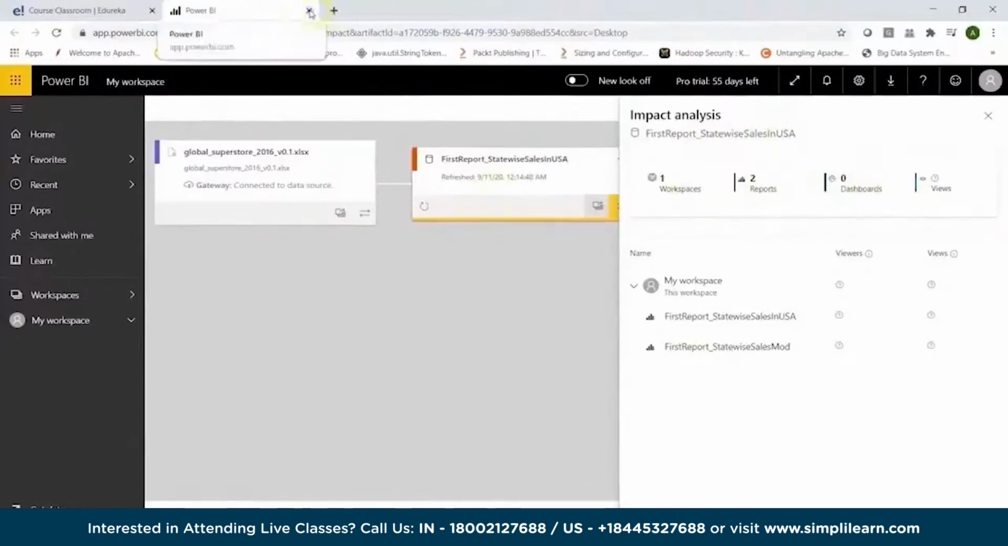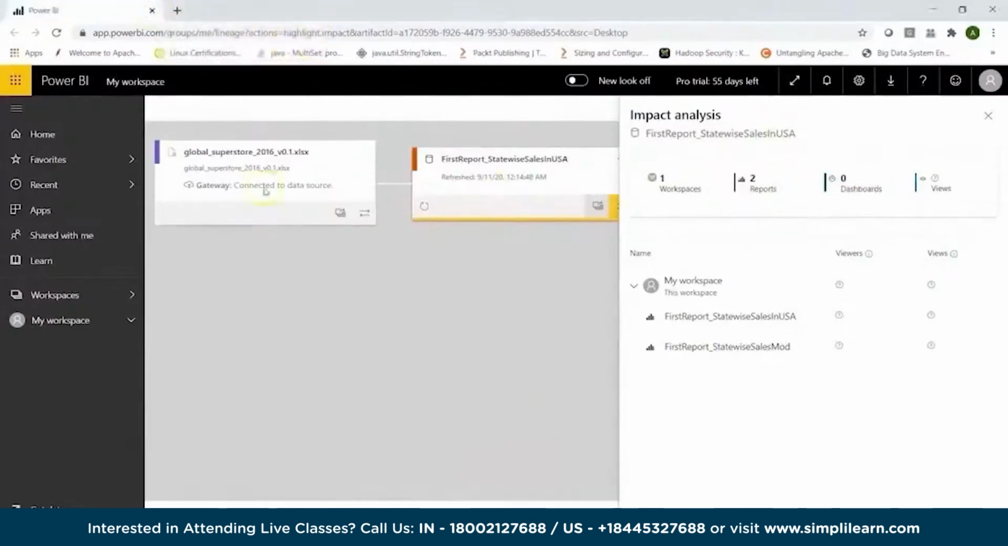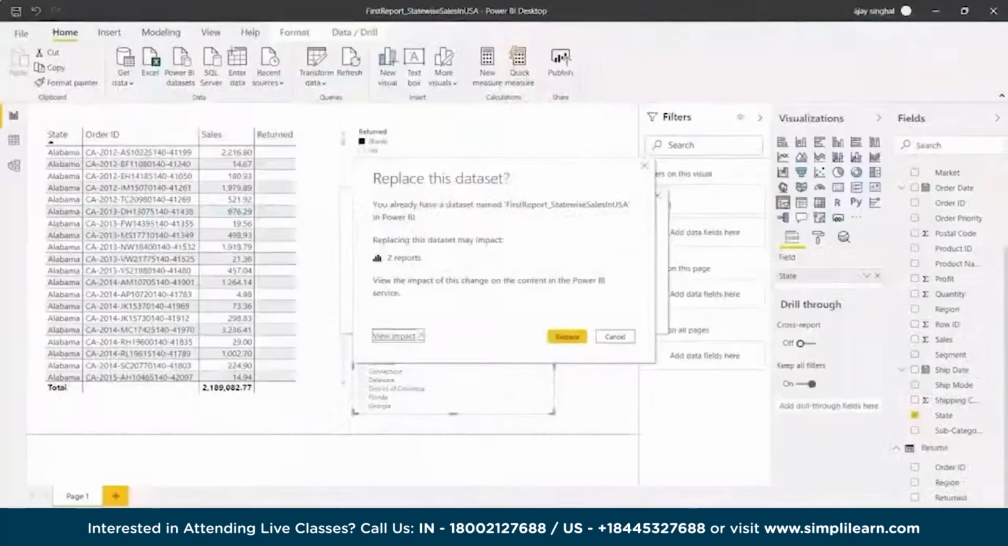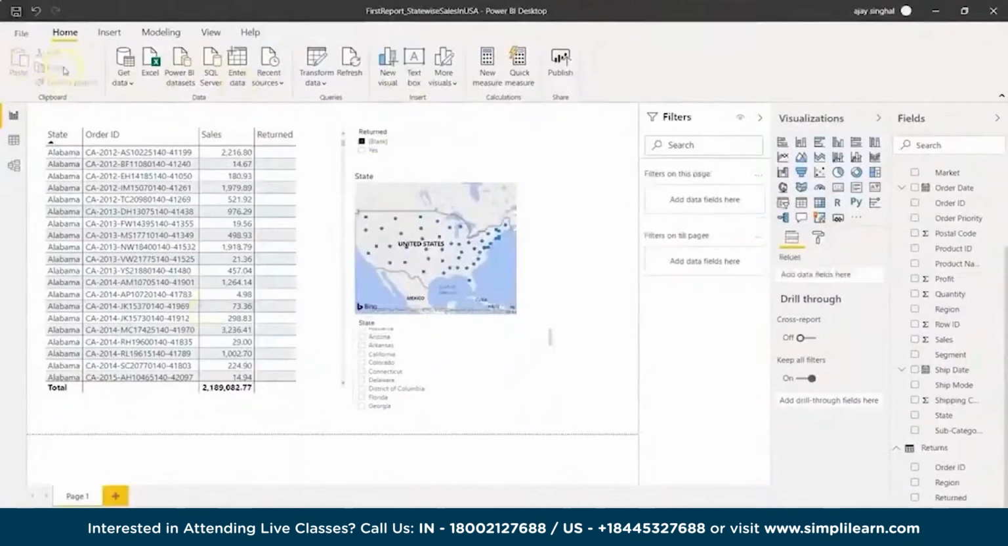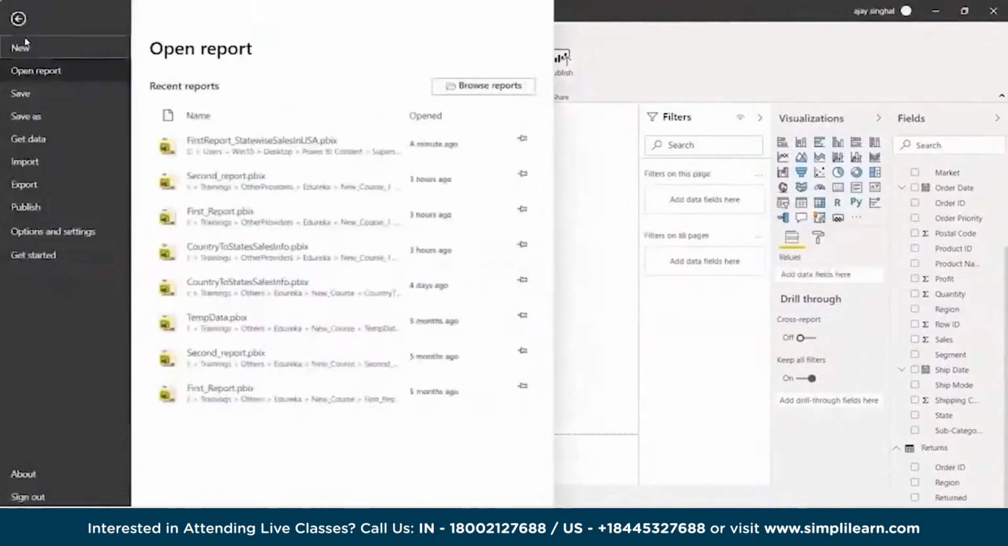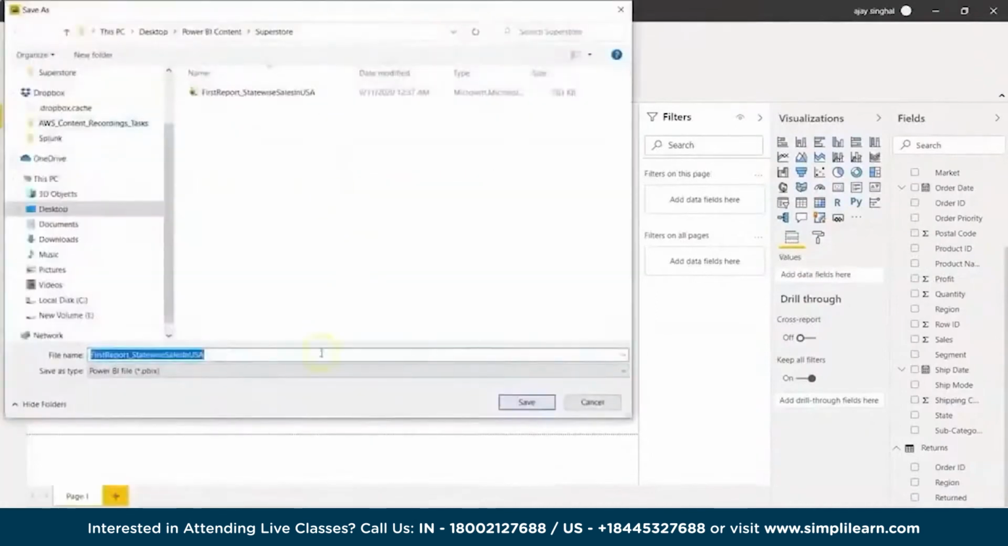So let's, for example, as of now, go ahead here and look into my Power BI. So go back to your desktop, and I'll say no, I don't want to replace. So click on cancel. I do not want to publish it. What I can do is try saving it as a different report. So let's say save as, and now I will basically say